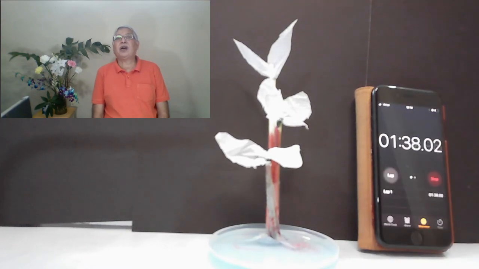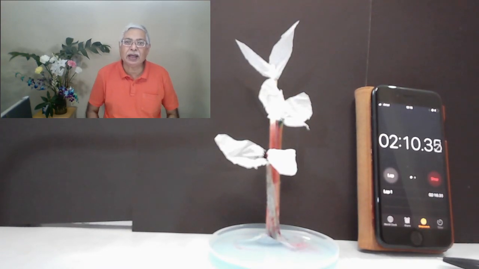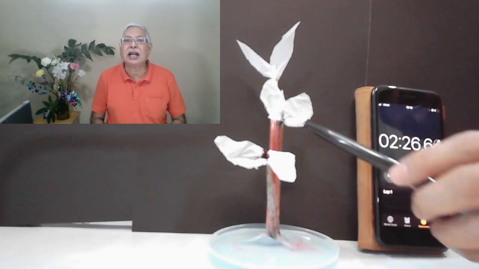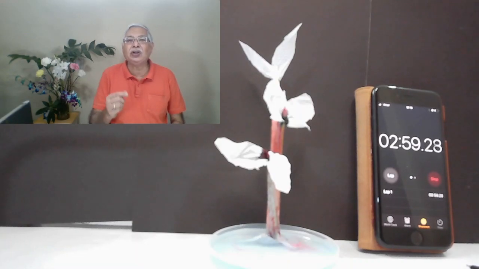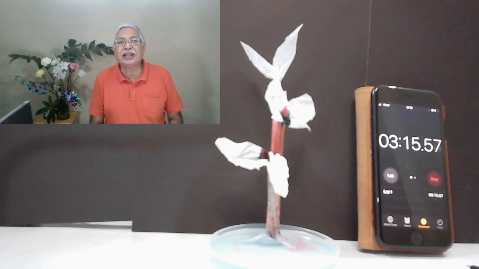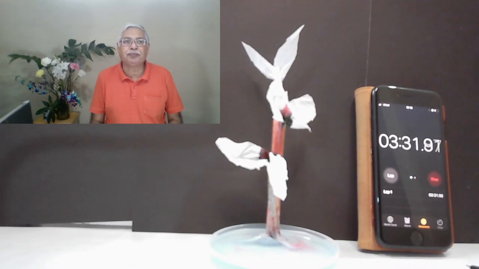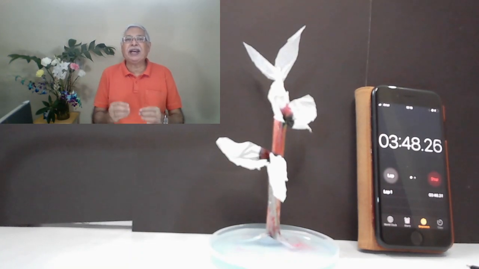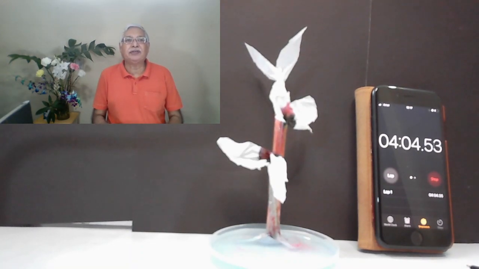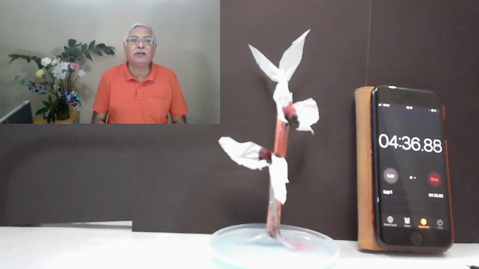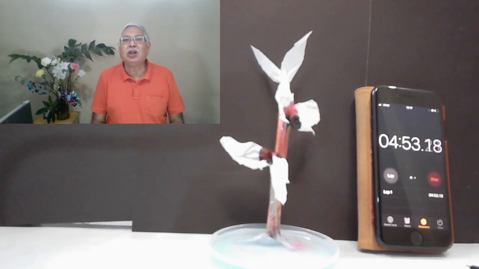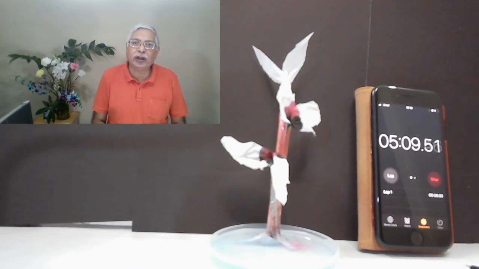The transport of water in the stem works on the principle of capillary action. We see capillary action when there is a structure with very fine tubes, like we observe in the xylem tissue of the stem. When we dip such a fine tube, we find that the water climbs up the tube. This happens because of two properties of water called adhesion and cohesion.